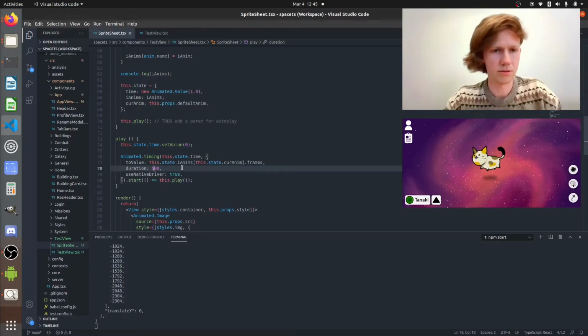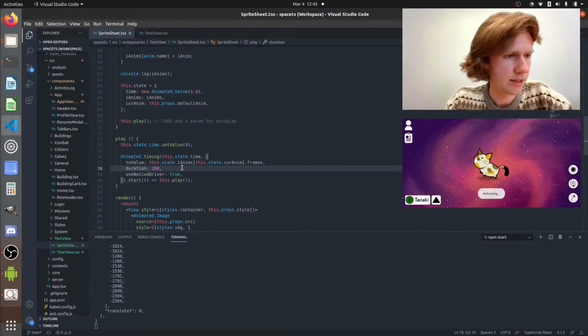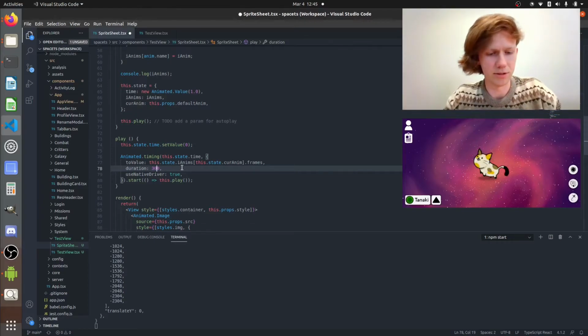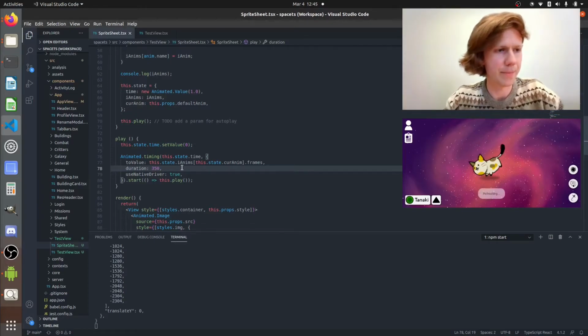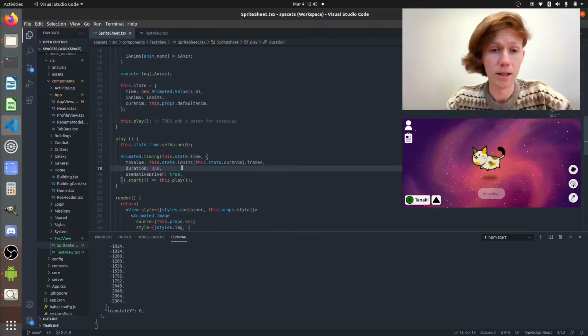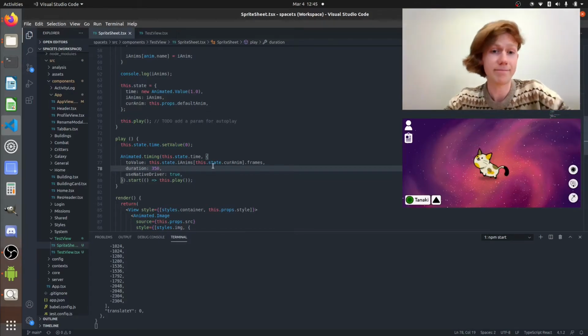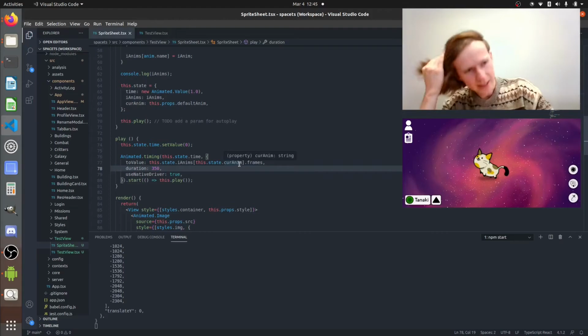A bit less. Ooh, that is too fast. You're a booty boy. Okay. There we go. Bouncing cat. That is very cool. Now that we've got that working,